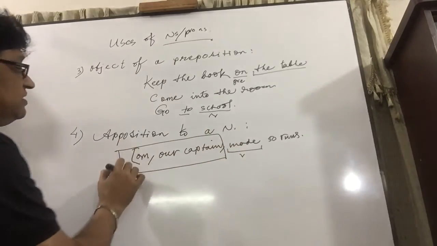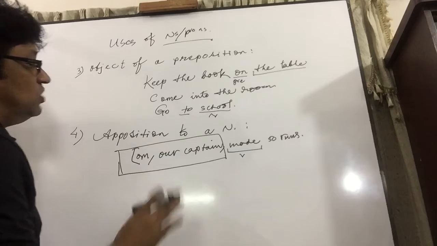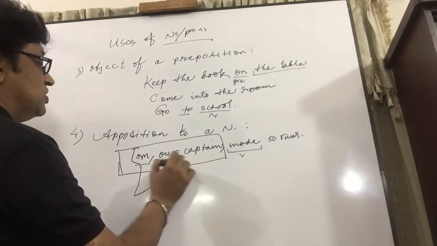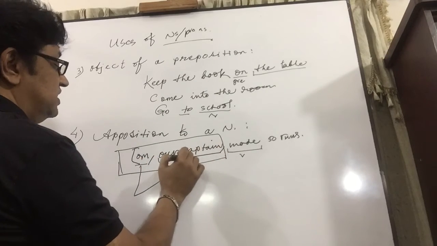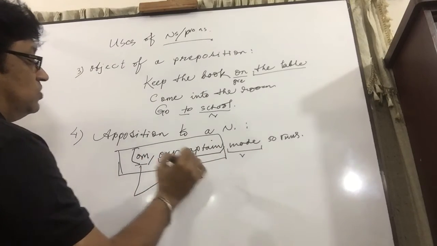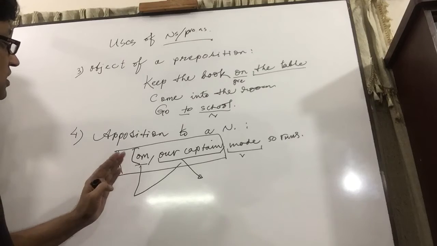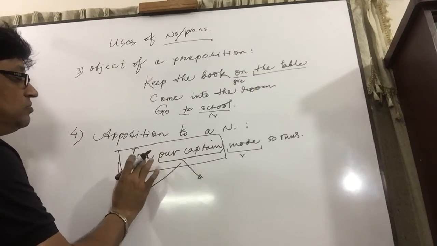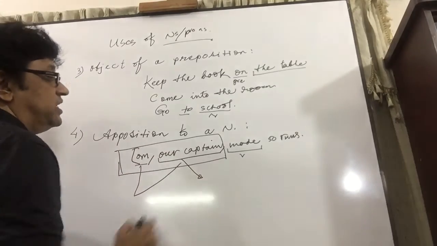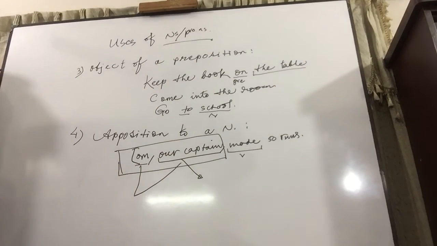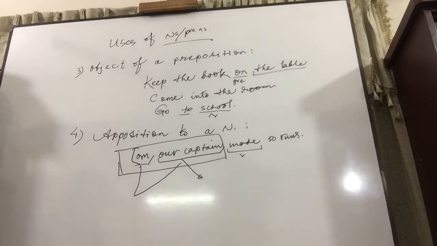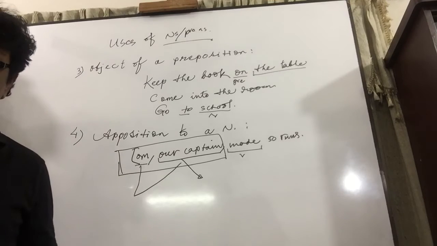Then if you analyze the subject, two nouns are there, Tom and another one which represents Tom, that is, which supplies some information about Tom. It represents Tom. Who is Tom? Our captain. The group of nouns or a single noun, when it describes another noun, is called apposition to that noun.